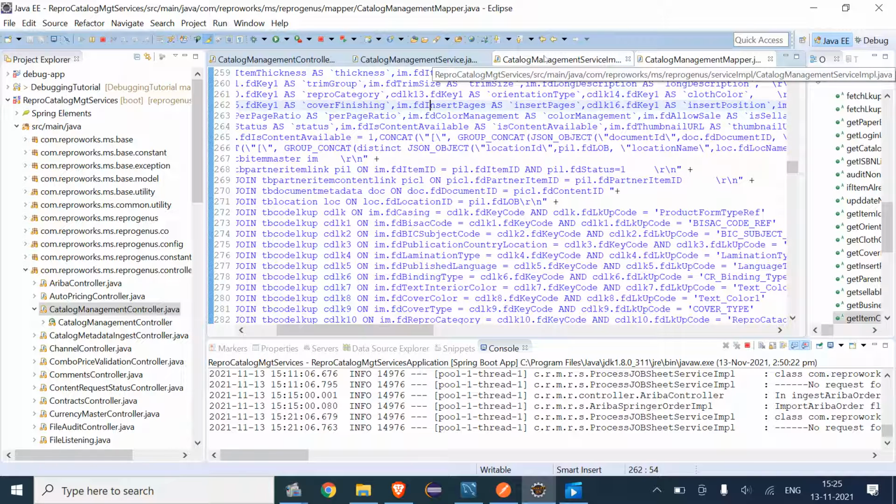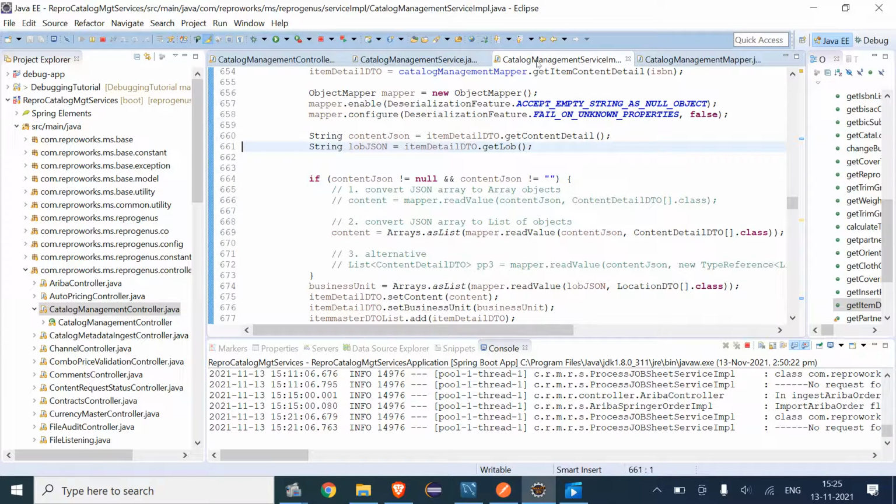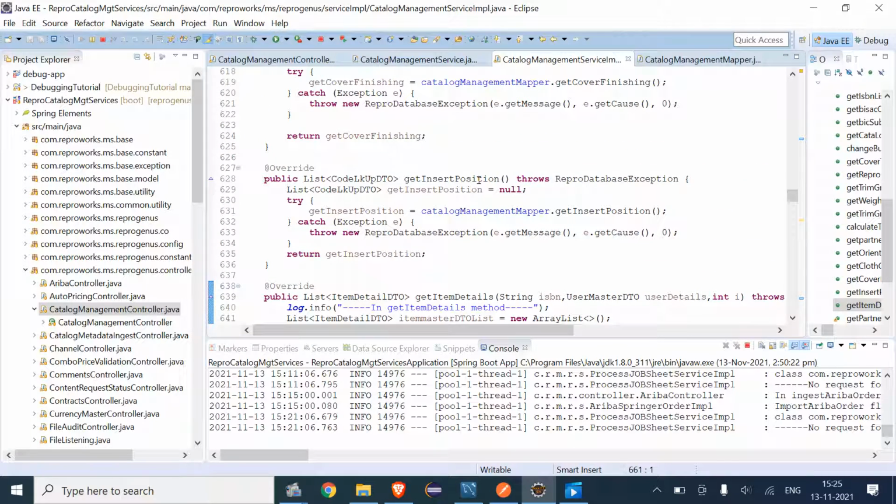And if I come to this IMPL, in this IMPL all methods are declared. For example, get the publisher country name, get the ISBN details. Many methods are called in this IMPL class.